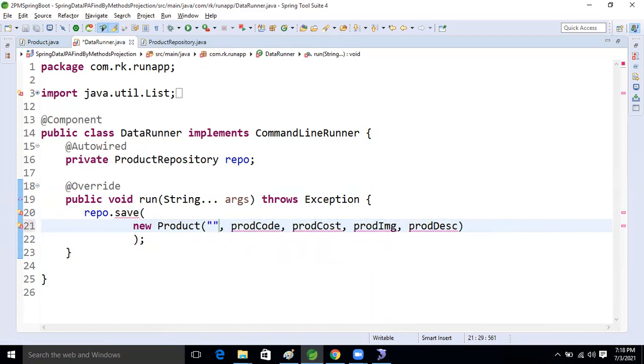I'm taking 101, just a book, and the product cost I'm taking 500.